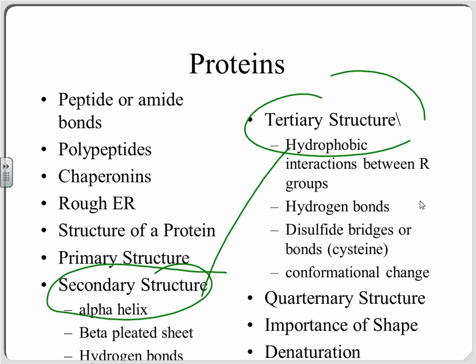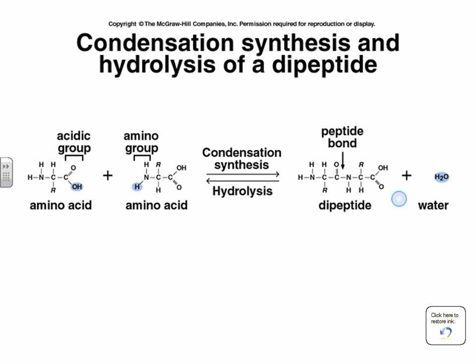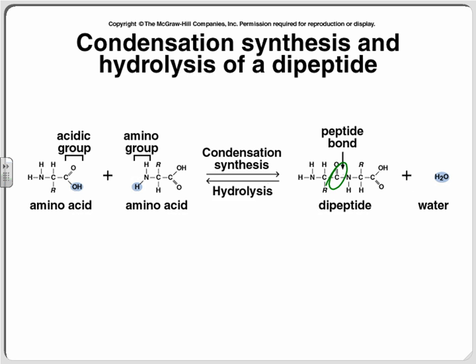All right, I want to do two more things, and then I need to talk about your homework assignment. Here's what we just drew on the board. We've got two amino acids going through a condensation or synthesis reaction, remembering that the OH from the carboxyl group is removed, and H from the amino group is removed,